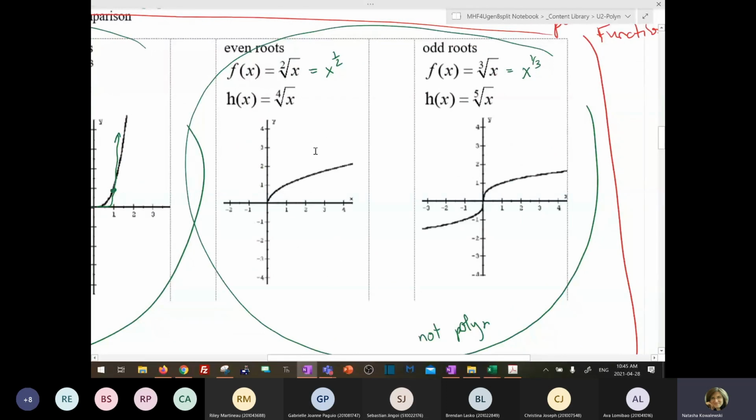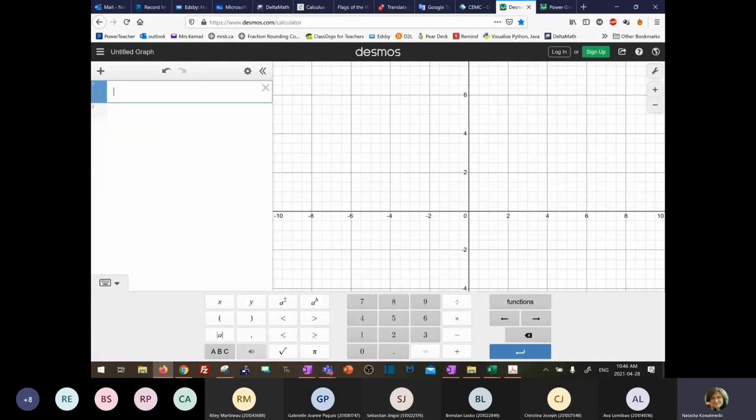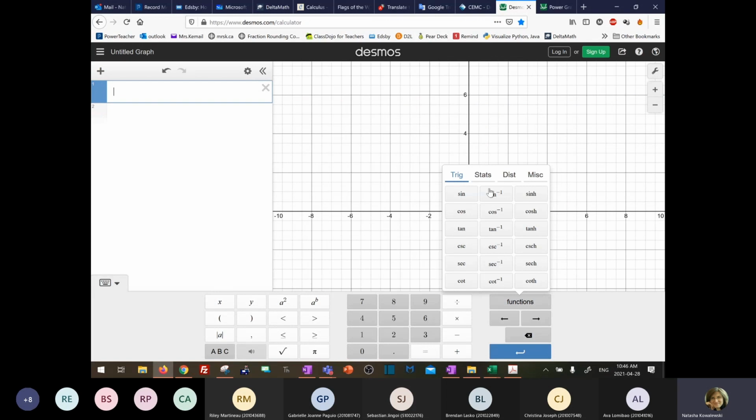What happens? So the first one that's drawn is the f of x. We're going to draw h beside it. So again, let's use Desmos. Delete, delete, delete. Grab a calculator. On the calculator, I think if you go to functions,